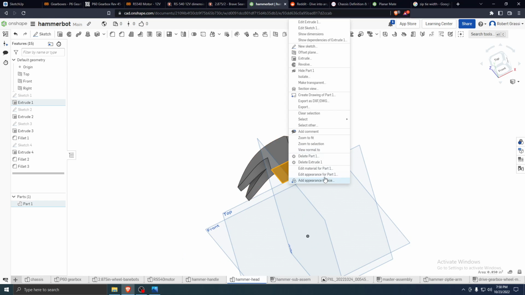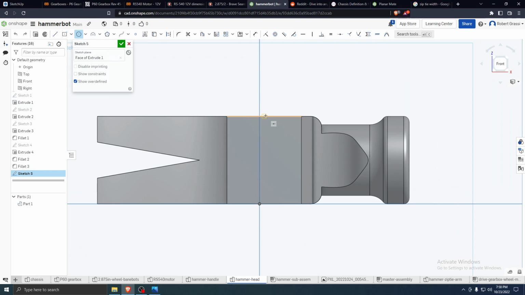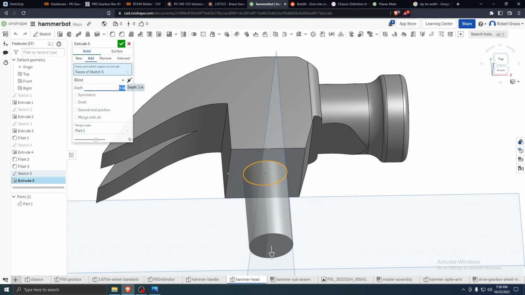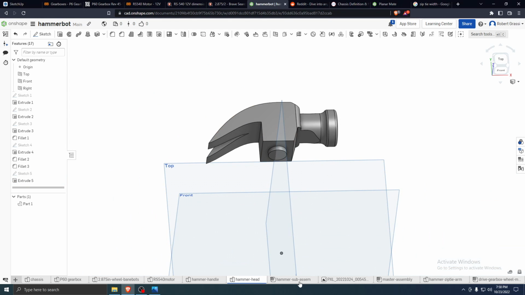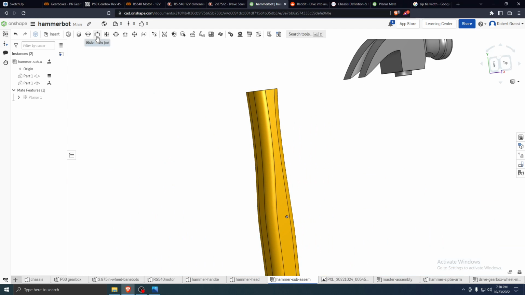We're going to view normal 2. We're going to sketch right here. We're going to create a circle. We're going to go to the midpoint here, try to get them to line up. And 0.5, and we're going to do a little adding, maybe 0.125, 0.25 inches, just like that. Nice. We're going to go to the hammer subassembly, and now what we can do is we can grab the